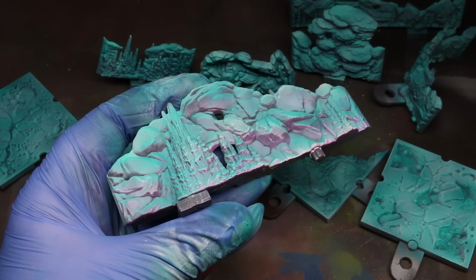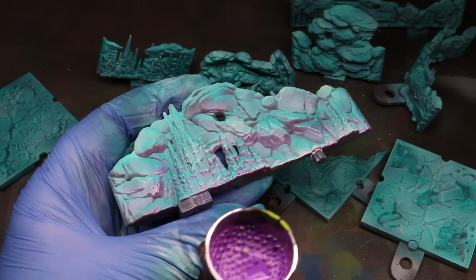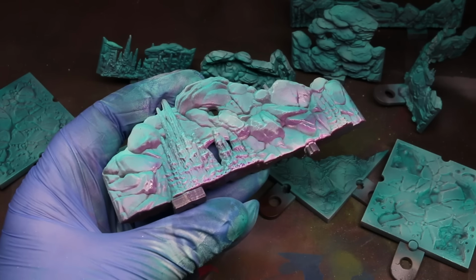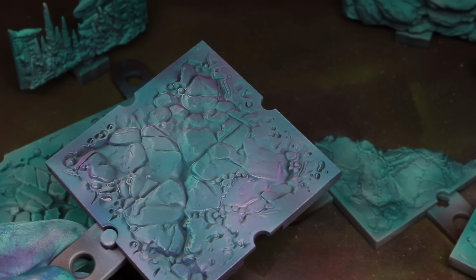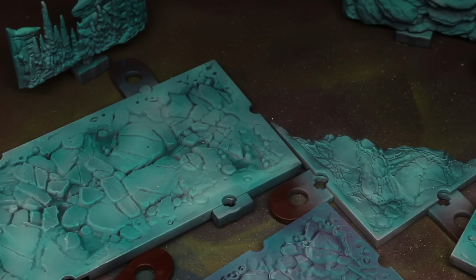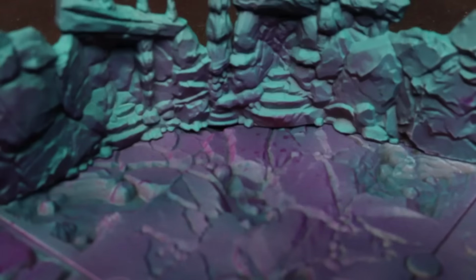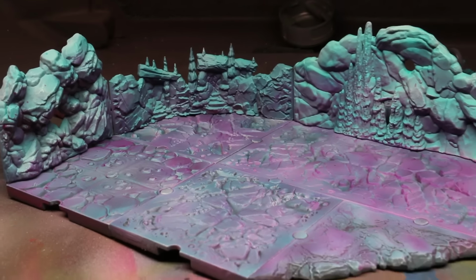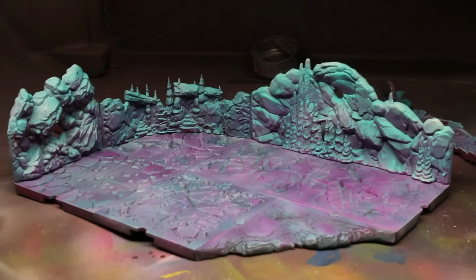And then for the second color in our gradient, I went with Vallejo Game Color Fluorescent Violet. I tried to spray this mostly from below on the walls to create some vibrant shadows, as well as around the perimeter of the tiles, as I wanted the floors to be more violet looking than the raised walls. And with this completed, I think we got a pretty cool looking vibrant cave system,